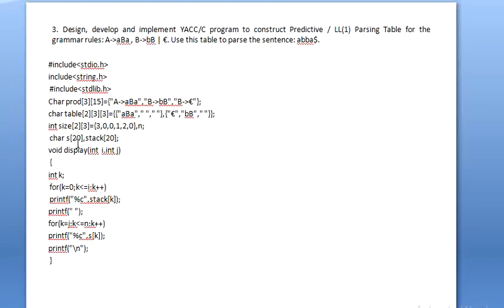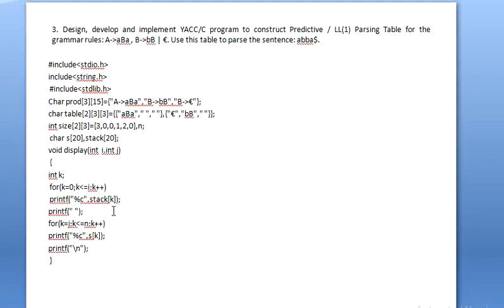Next I need a 1-dimensional array S with 20 spaces, and a 1-dimensional array stack with 20, that means maximum 20 elements. These are the requirements I need for the program. So I have declared so many arrays: 2-dimensional arrays, a 3-dimensional array and some 1-dimensional arrays, and I need a variable n.